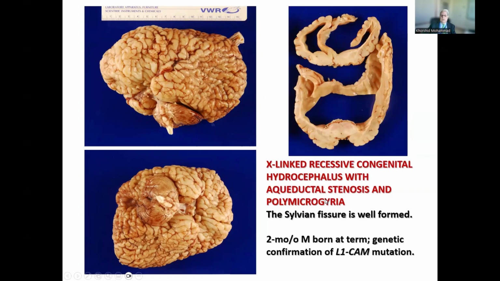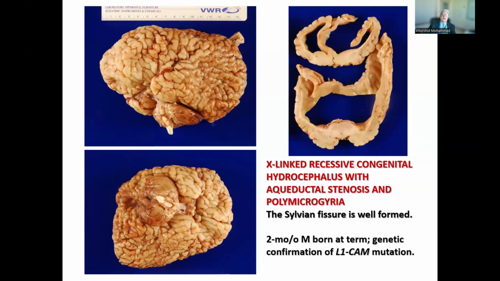This child, a two-month-old boy, was born at term, and he has an L1 CAM mutation, which causes X-linked recessive congenital hydrocephalus with aqueductal stenosis, and he has generalized polymicrogyria. There are no normal gyri in this brain. There are too many small gyri. They also become fused on the lateral surface because of a defect in the pia mater and there's fusion of the molecular zones of the adjacent